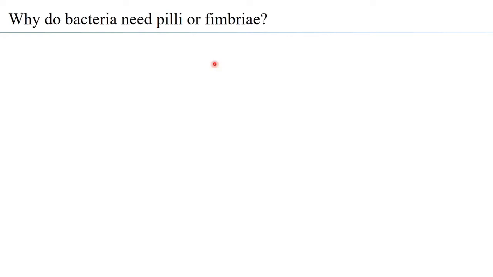So now let us first ask the question, why does a bacteria need a pili or fimbriae in the first place? One has already observed that flagella is needed for motility. So it is needed for adhesion. It is needed for sensing a particular environment. It is needed for virulence. If flagella are already present on the surface of the bacteria, why does a bacteria need pili or fimbriae? So we will just take one example to look at what are the implications of the bacteria having pili and fimbriae.